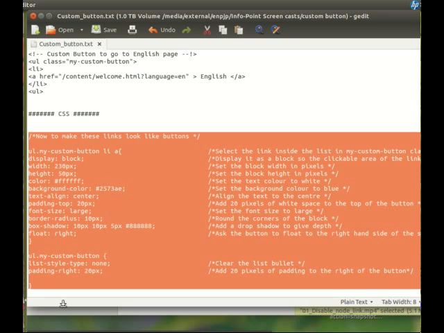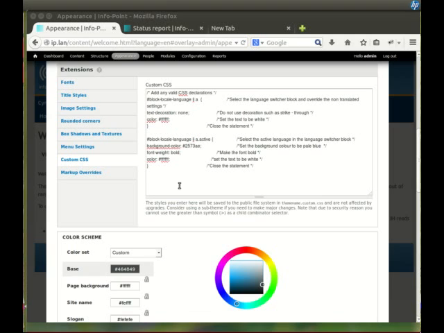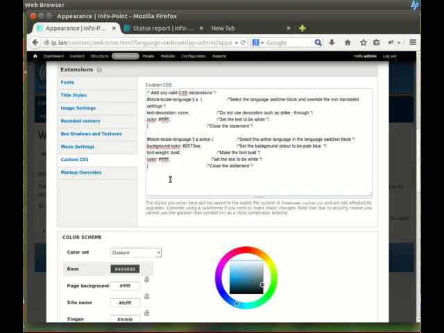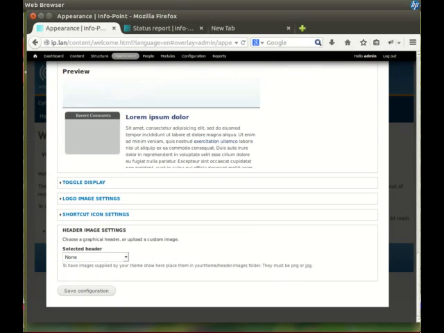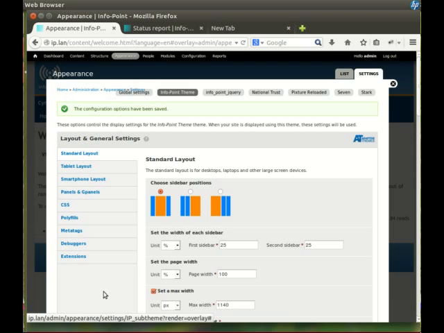So we're going to copy, I'm using Control C, and then we're going to go up here into the CSS block, hit paste. We've now got all the code that we need, and we're going to save the configuration, and a little bit of magic will appear